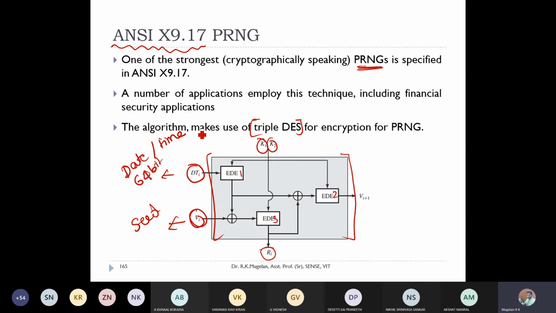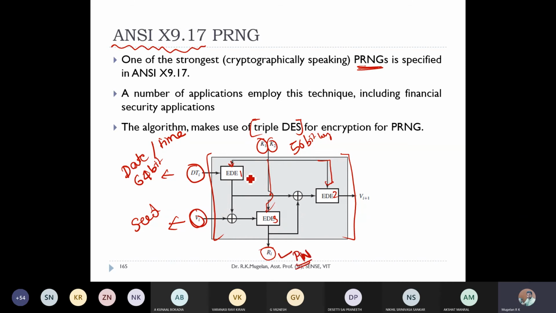Here they are using only a pair of keys, 56-bit keys, which are used for all these 3 algorithms. Can you see? They use this pair for all 3 algorithms, and the final output is a pseudo random number.